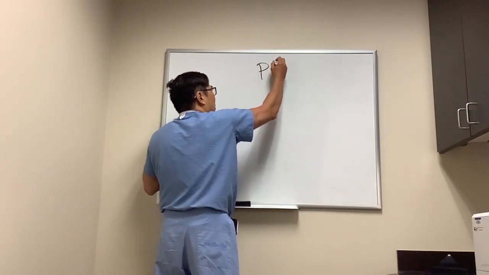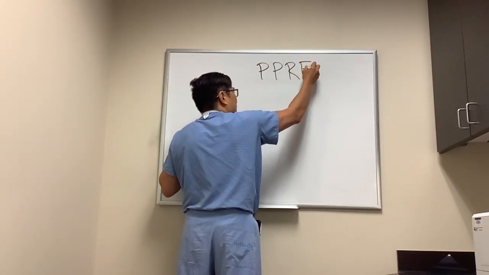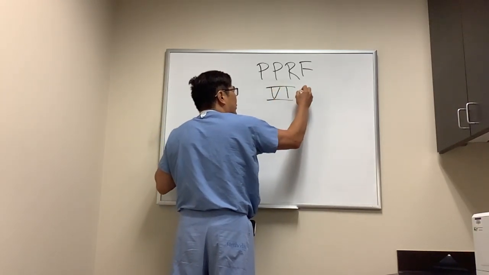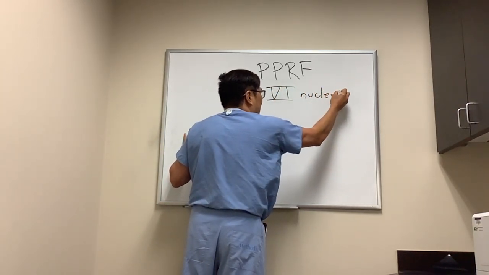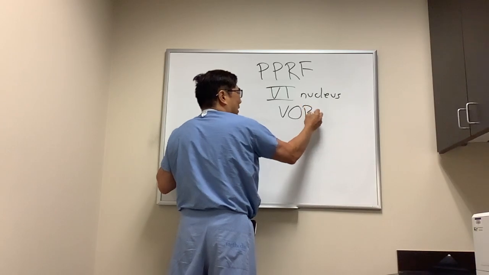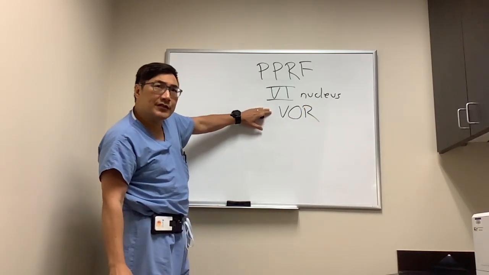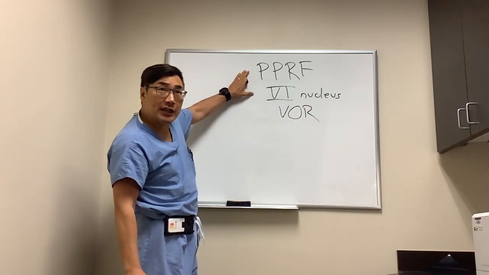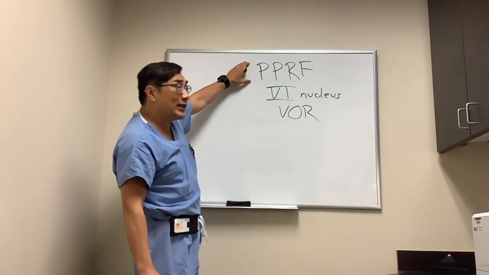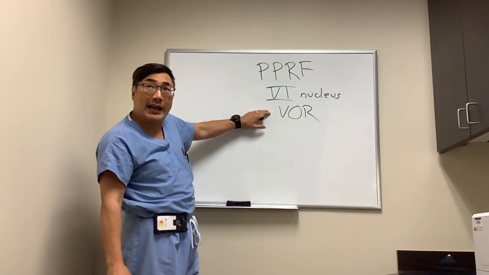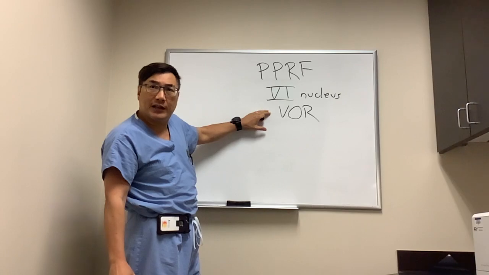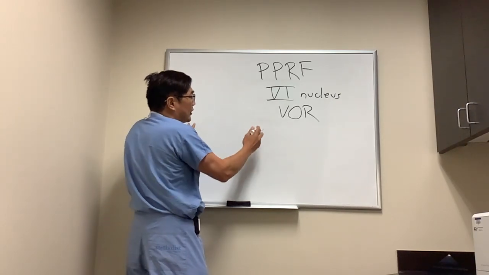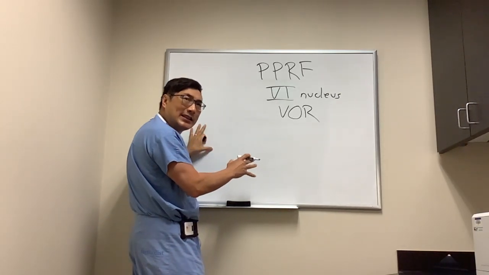So someone wanted to know about the peripontine reticular formation and the sixth nerve nucleus and its relationship to the vestibulo-ocular reflex, and whether we can use the vestibulo-ocular reflex to differentiate these two, and also would a lesion in the PPRF ding out your vestibulo-ocular reflex? In order to answer this question, you have to kind of know a little bit about the anatomy at the